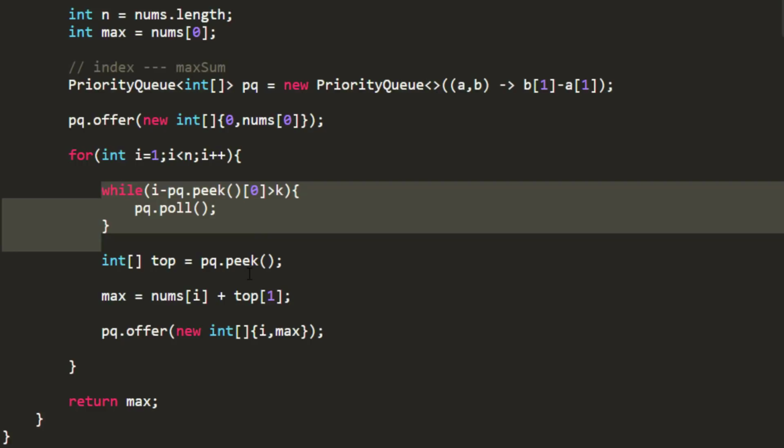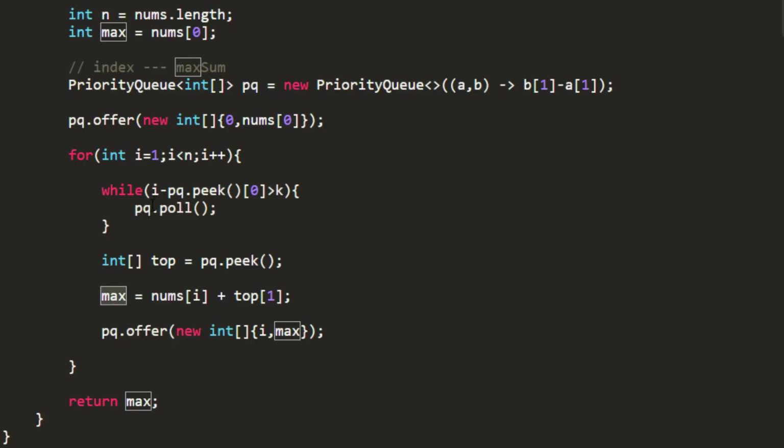We are taking out the top value with the maximum sum and adding that into the nums. At the end, we are just offering or adding the current index with the maximum sum that we got. Once we are done with this, the maximum value for n minus 1 will be residing in this max variable, and we will be returning that.